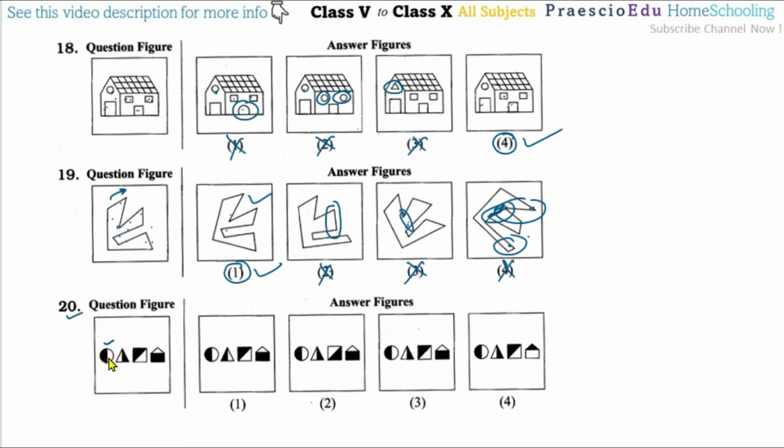Then question number 20. This half circle side is solid here, this side, and here all have the same. Then the triangle's right side is solid, here the left side is solid, so this is incorrect. Here perfect, here perfect, here perfect. Then the square's upper side diagonal is solid, here it is in a downward direction, so this is the different one. Here the same, here the same. Then this pentagon's square bottom side is solid, here perfect, here hollow, so this is different, so option number 3 is perfectly similar.